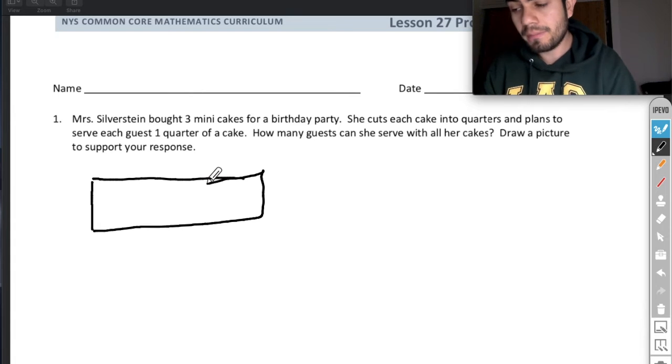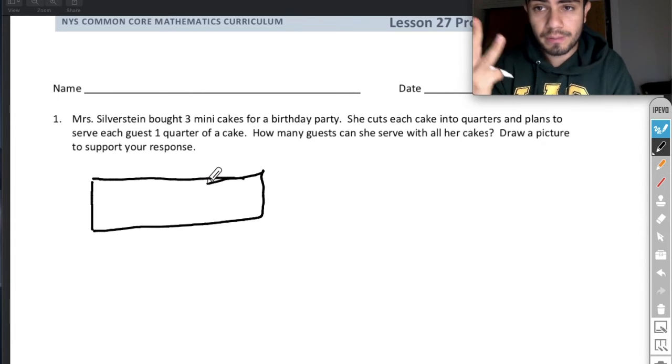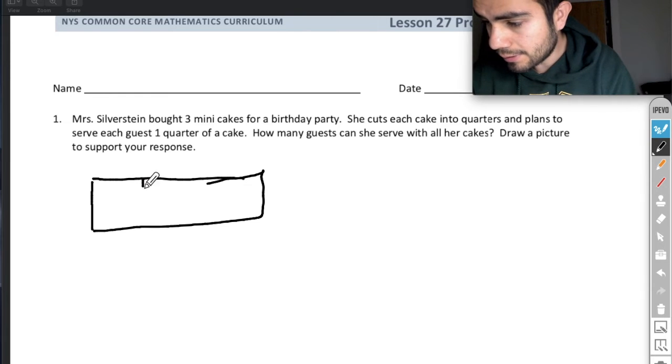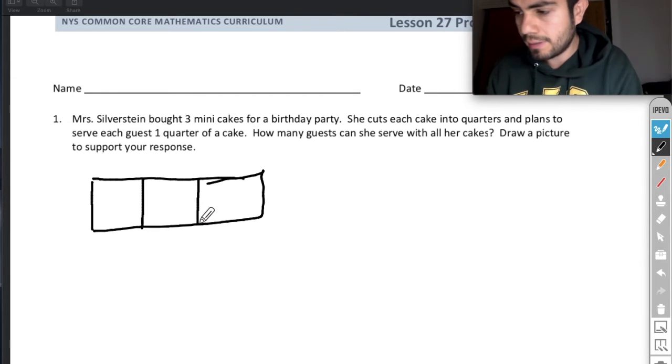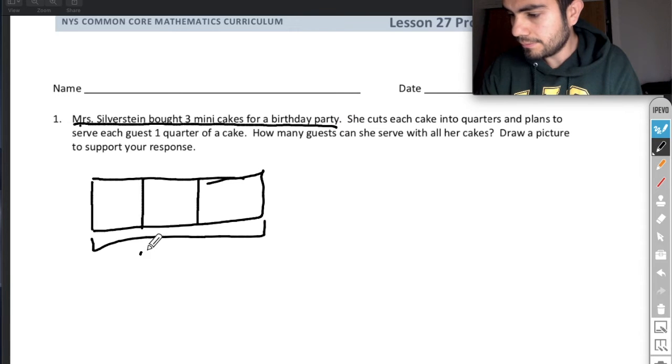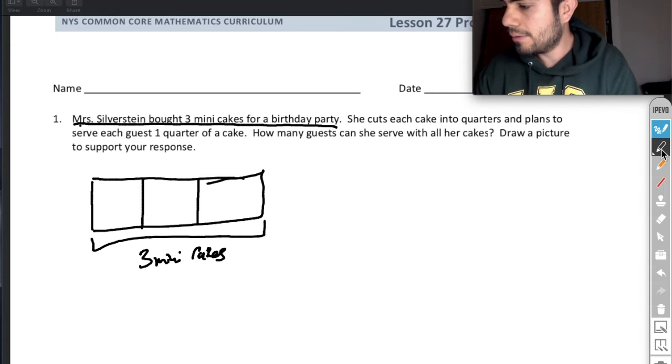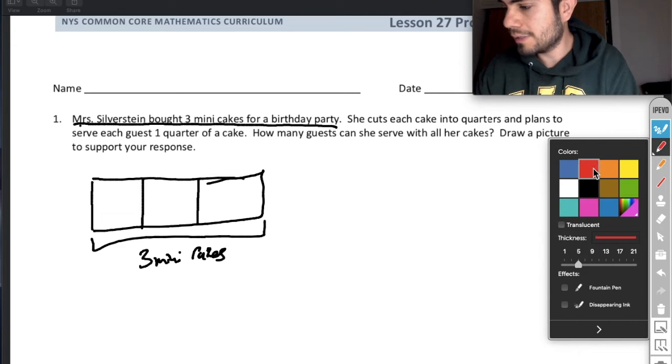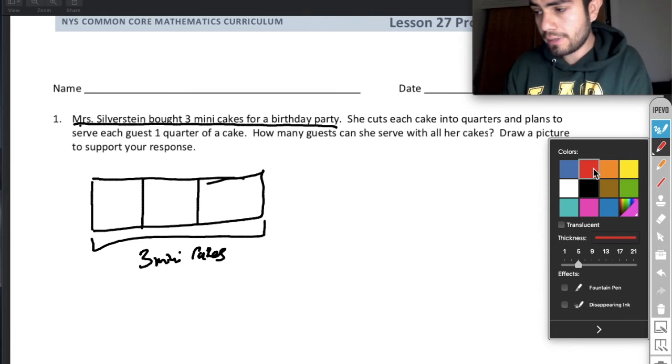Now in this tape diagram, I'm going to draw my 3 mini cakes. So here I have 1 mini cake, 2, and 3 mini cakes. Okay, now it's telling me, so actually let me underline this so that it's more visual. Okay, so there's my 3 mini cakes. And now the next piece of information that it gives me is that she cuts each of her cakes